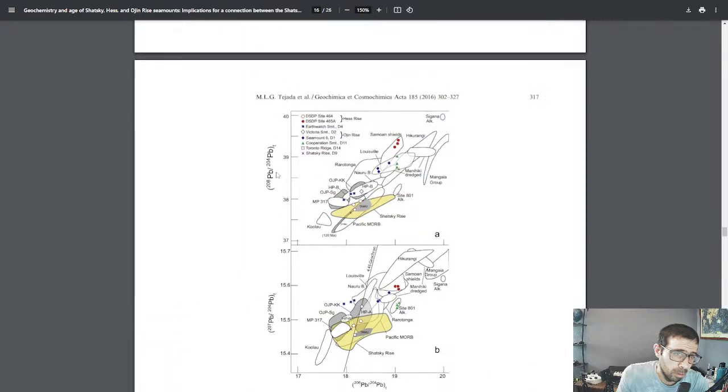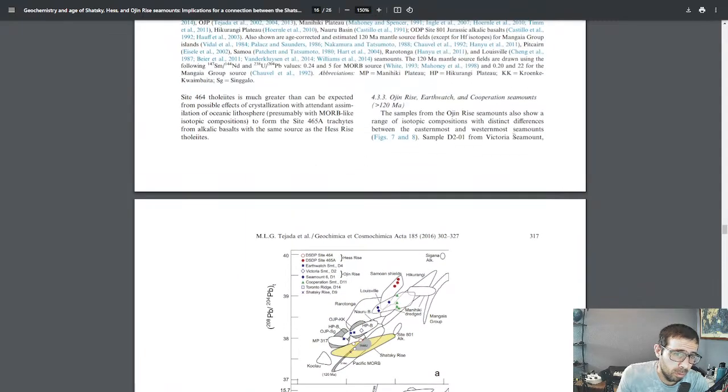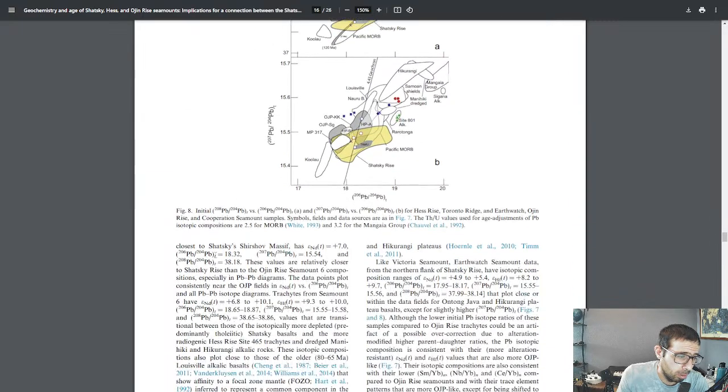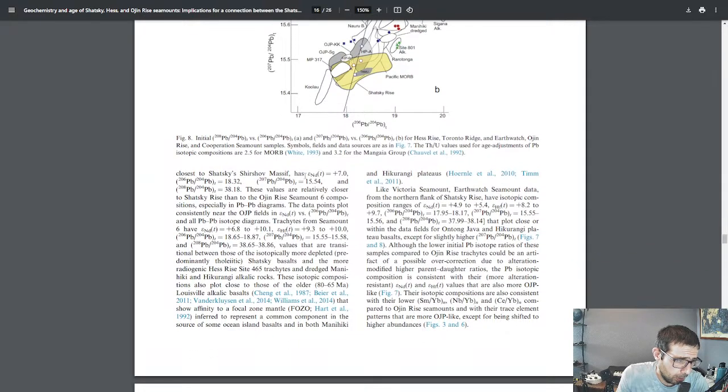Closest to samples from Victoria Seamount, closest to Shatsky's Shirshov Massif, has this value of this variable. These values are relatively closer to Shatsky Rise than to Ojin Rise Seamount 6 compositions. Data point plots consistently near the Ojin